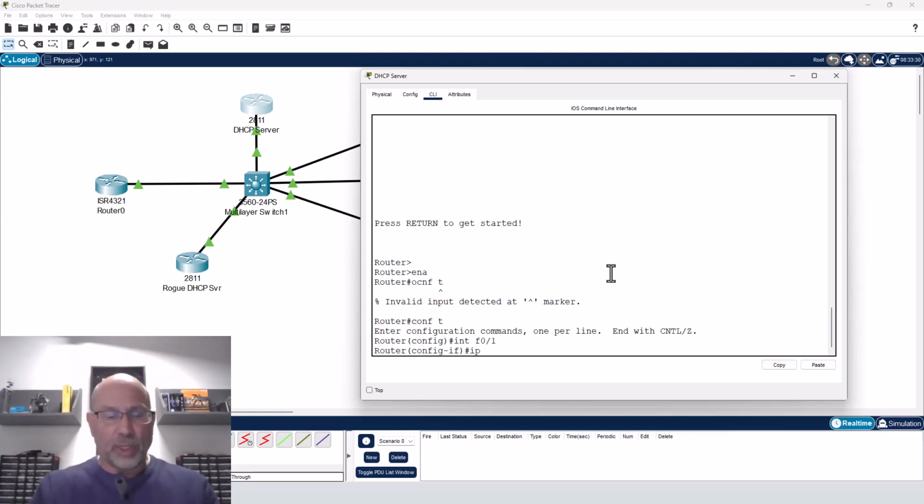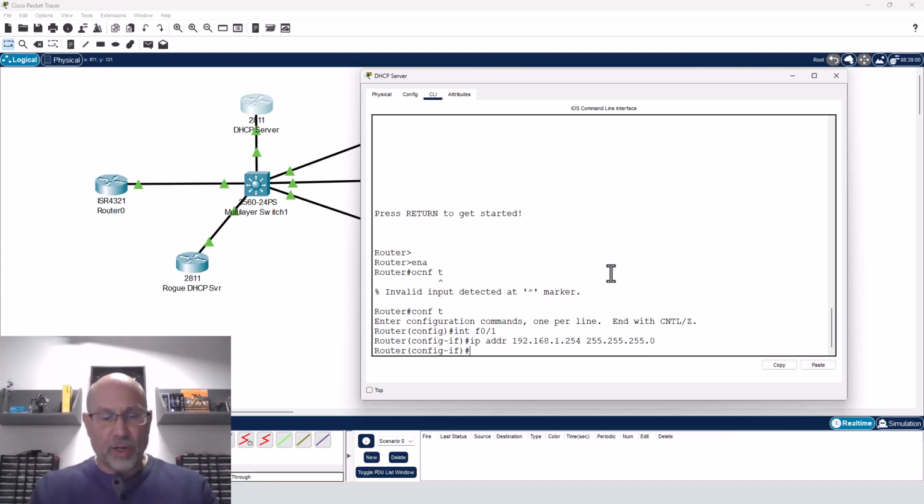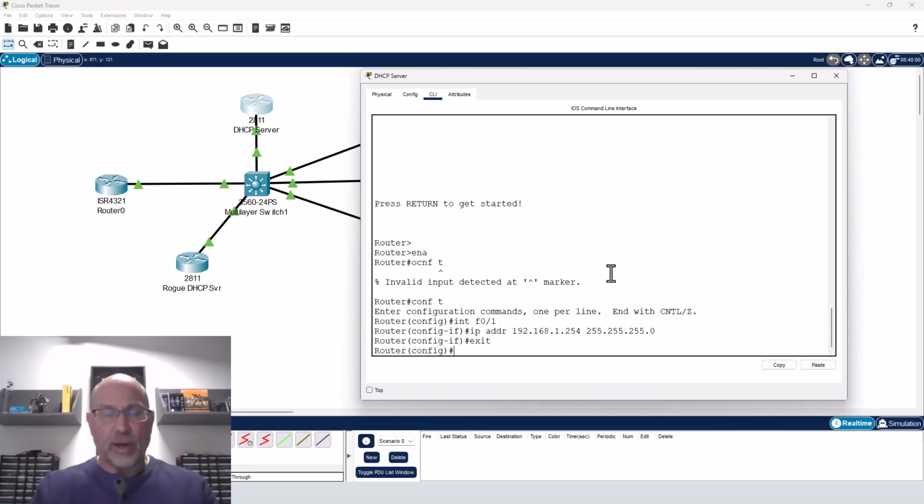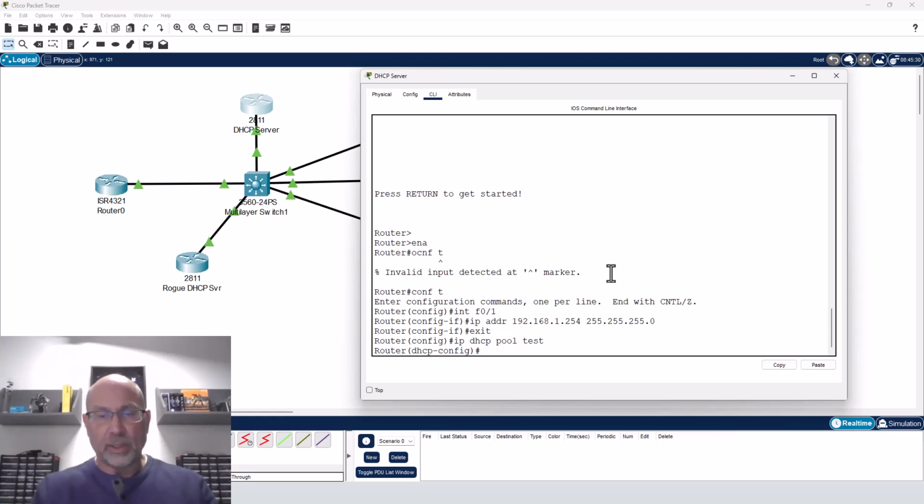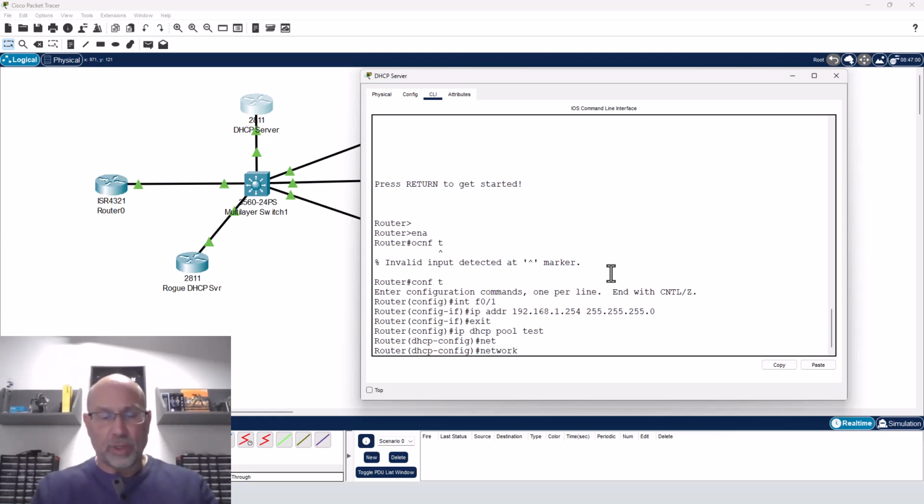So we'll make it easy, 192.168.1.254. There we go. And we've already no-shutted this. And so what I'm going to do now is build the DHCP server part of this. So remember that it's IP DHCP pool test. And then we'll say network 192.168.1.0,